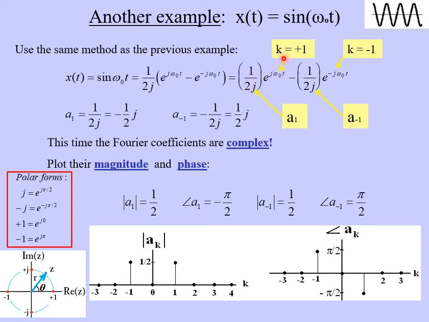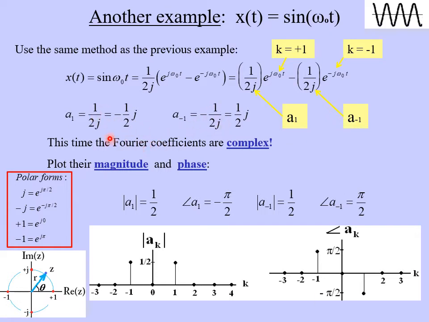This is our first harmonic when k is +1. And the other term here corresponds to the case where k is -1, because we see the minus sign up there. And so this term in front here, which is -1/2j, must be a sub -1. So here are our two